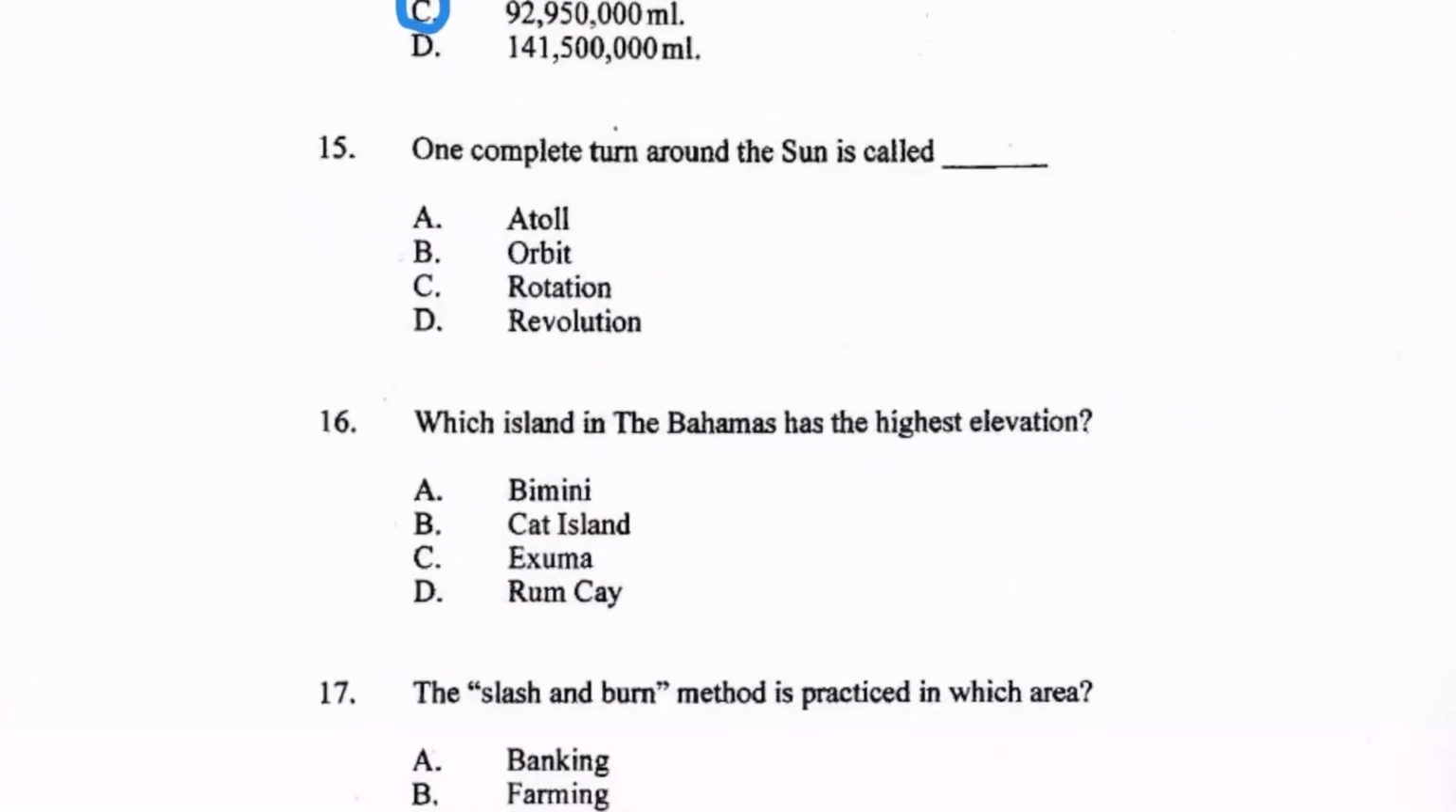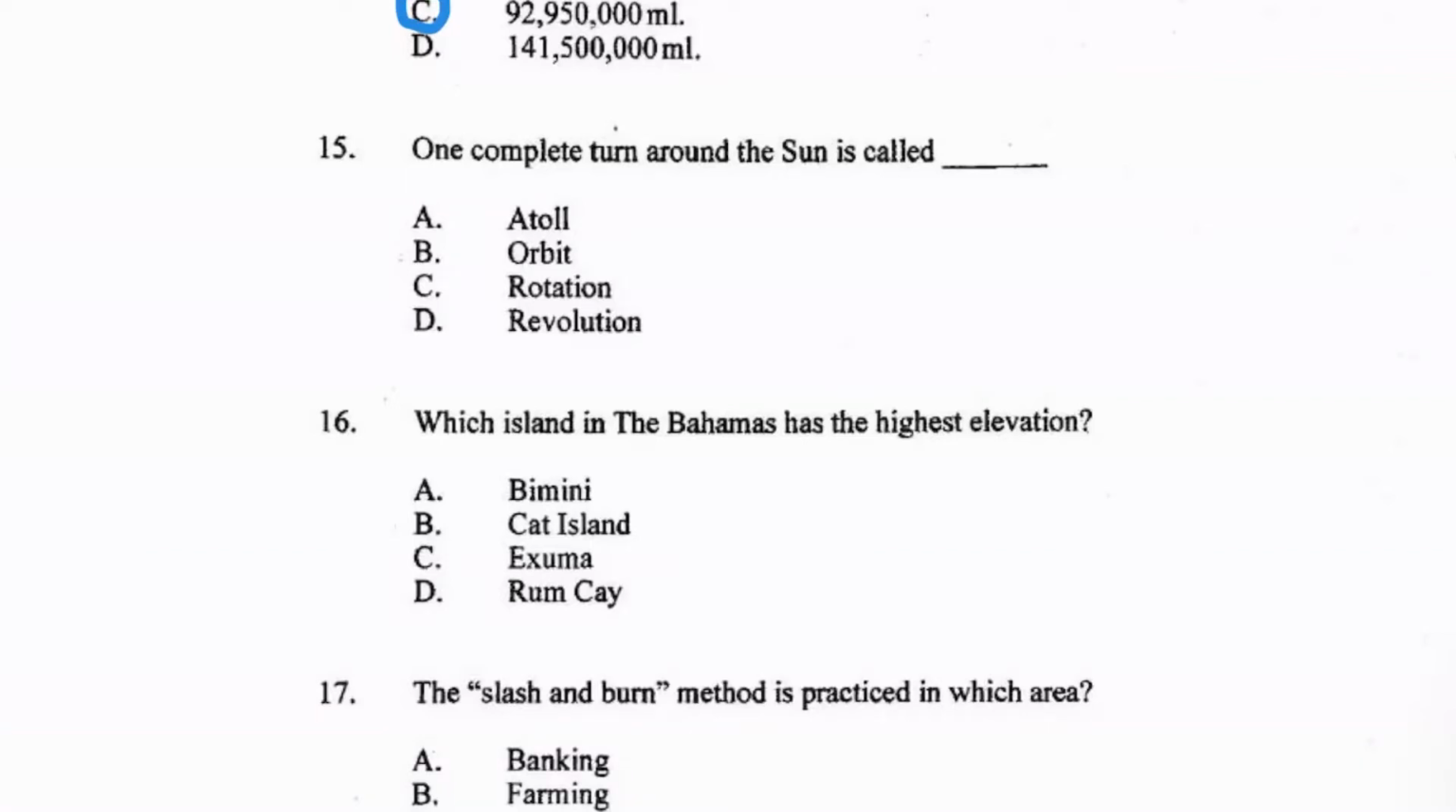All right, number 15. One complete turn around the sun is called A, atoll, B, orbit, C, rotation, or D, revolution. What is the answer there? Some people are saying orbit. Someone's saying rotation. Most people are saying orbit. And Natalia, you're saying D. All right, so the answer for number 15 is D,